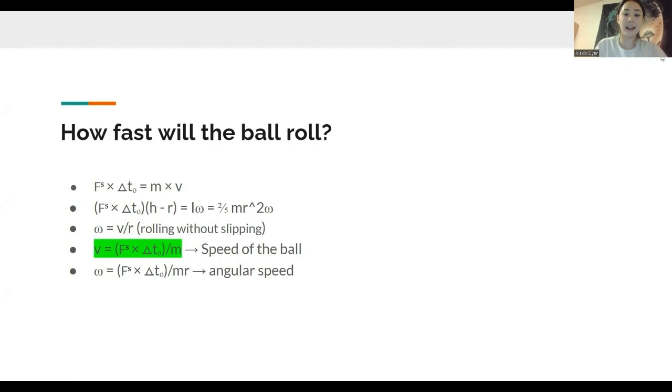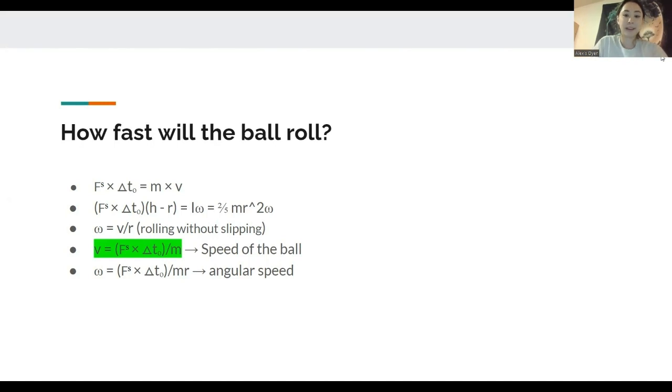Now that we've looked at that perfect spot of where to hit the ball so that it rolls without slipping, we now want to see how fast the ball rolls when that happens. And so with that, we're going to look at our equation, and we can see that force from the pool cue times the time that we're given equals mass times velocity, or our speed. And with that, we can easily rearrange this equation to give us that speed of the ball. And that's going to be that the force from the cue times the time divided by mass is equal to